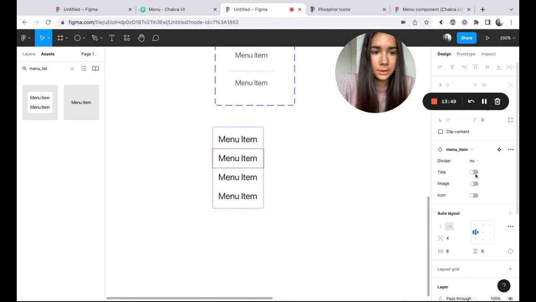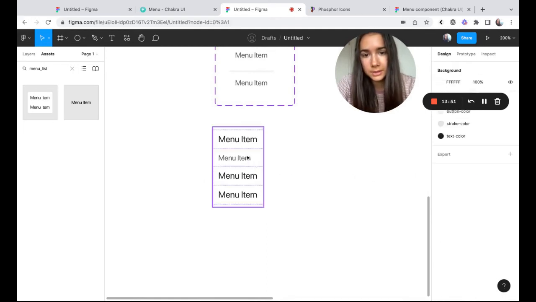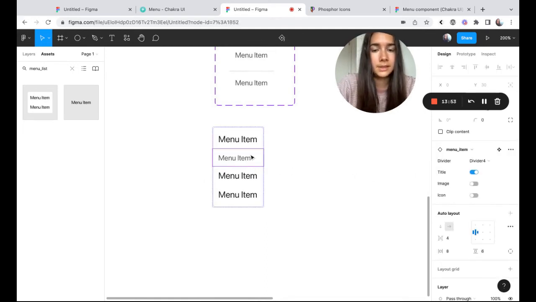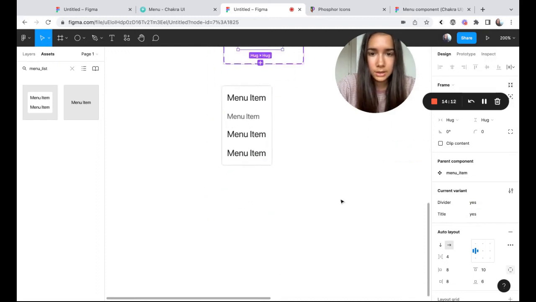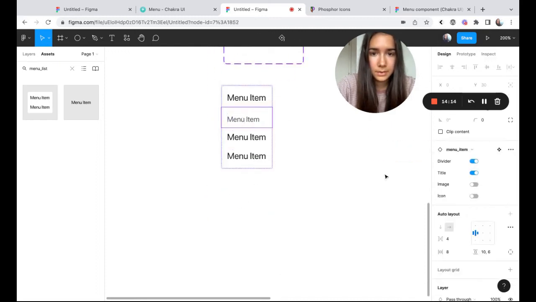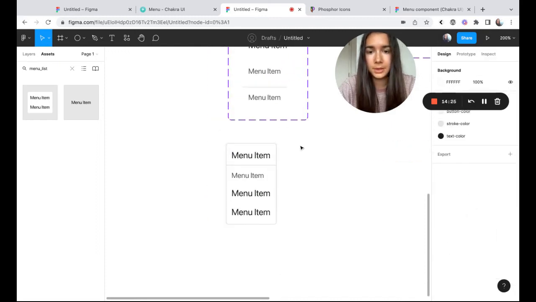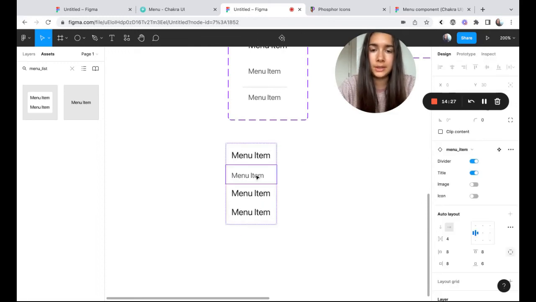Okay, so now if we change this to title, as you can see, the styling slightly changes. And okay, let's adjust this. This one doesn't have a divider, and this one does have one. Okay. So here you go, you have your title, you have an option to add a divider.